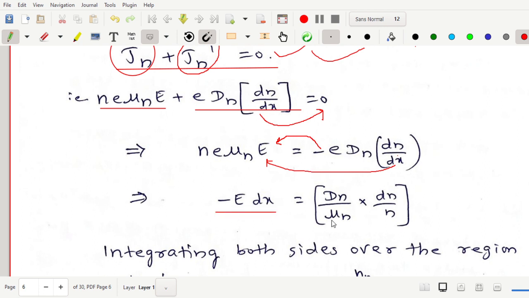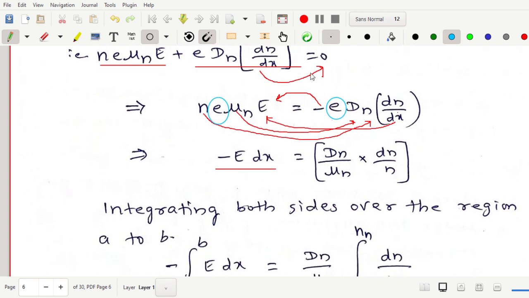Now on the right hand side, we will be having dn as it is in its place, and we will take this mu n this side and n also this side. So we transfer it this side, and the thing which we can see here is this e, so this e and this e both get cancelled. So after doing this transformation, we get